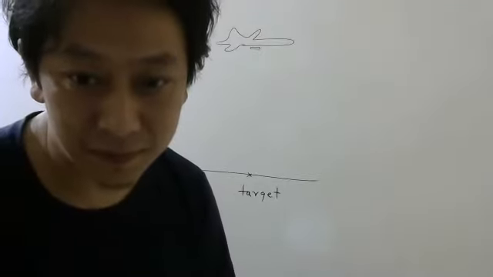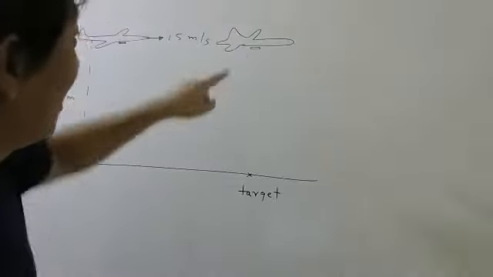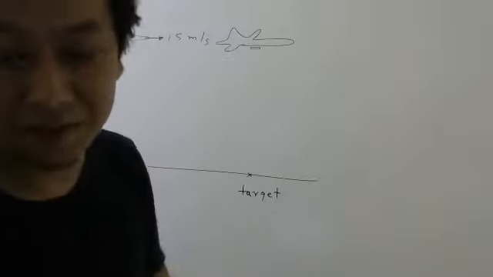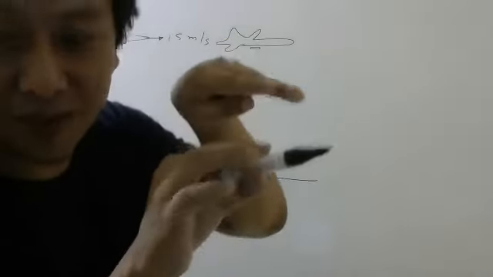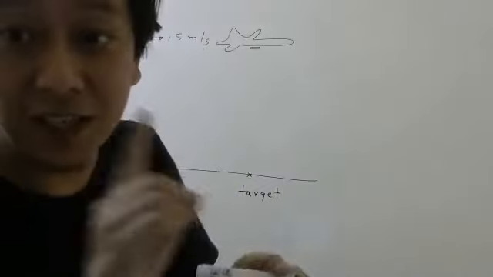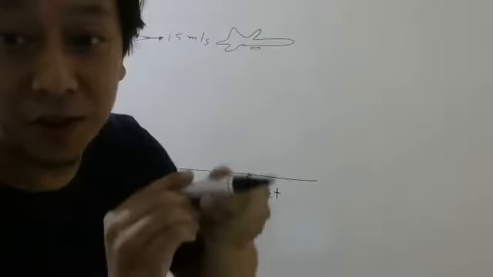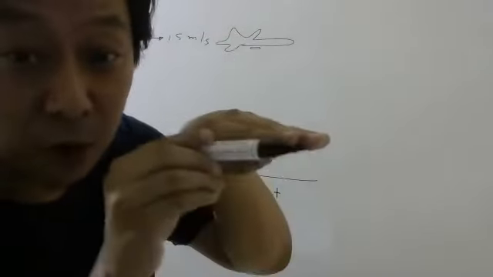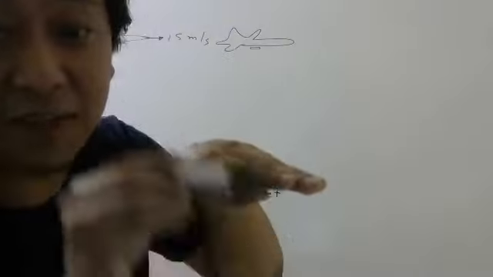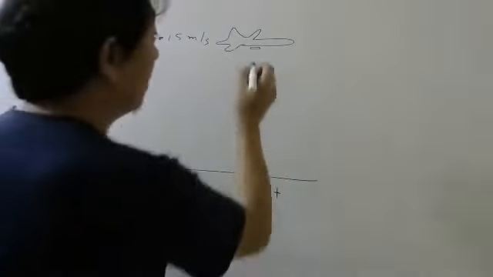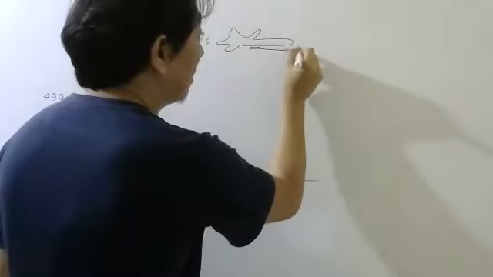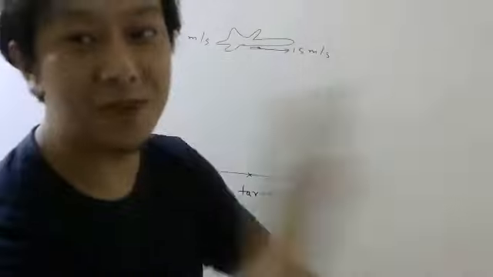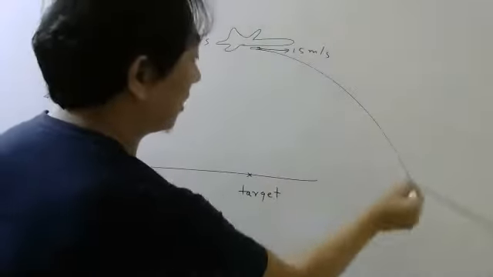Similarly, this missile also will have the same velocity as the aeroplane. So when the aeroplane drops it, it will simply release. Don't think initial velocity will be 0 because it is released from a moving aeroplane. At that moment, the missile will have the same velocity as the aeroplane. So the missile will act like a stone which is thrown with 15 meters per second. So it will fall somewhere here.